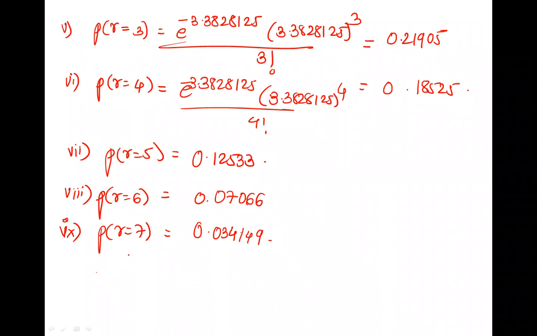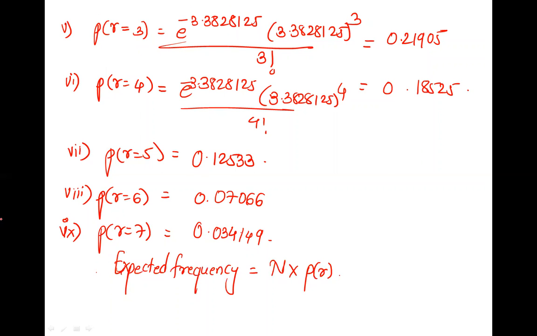We have solved. And now we are interested in frequencies. So expected frequencies. What is the definition? What is frequency? Capital N into P of R. Right. So we will first find frequency at 0. That is capital N, it is 128 into probability at 0. What was that? Probability at 0 was